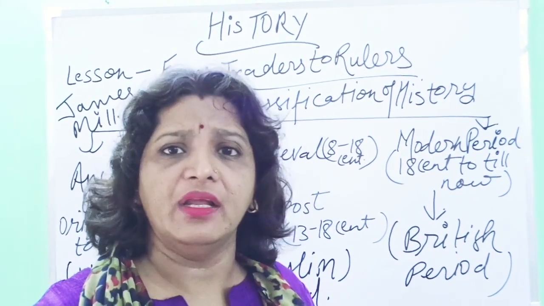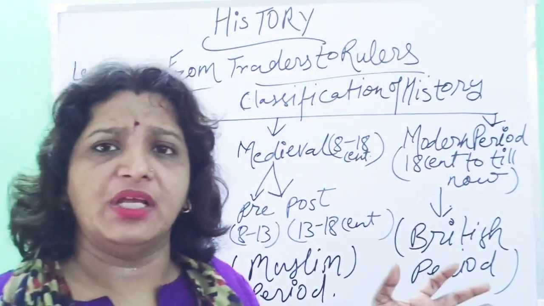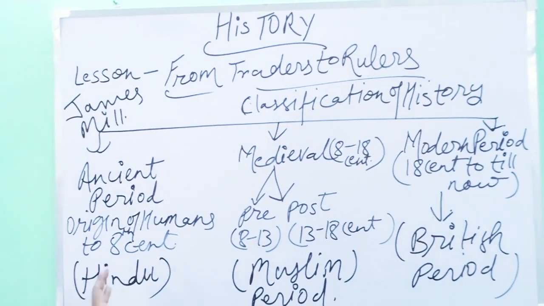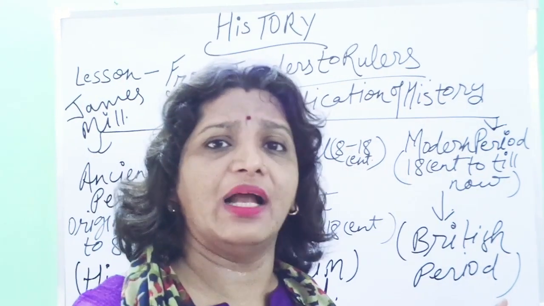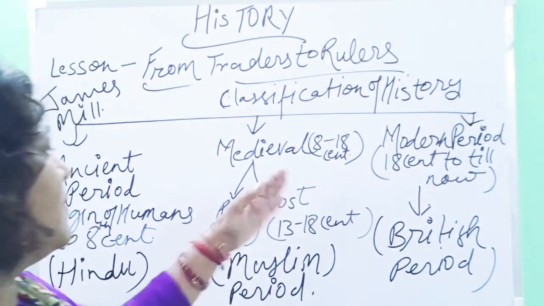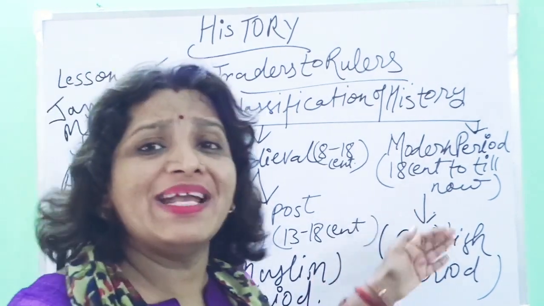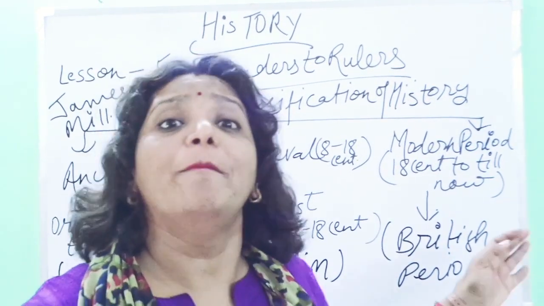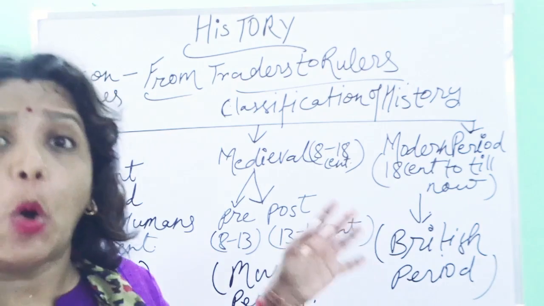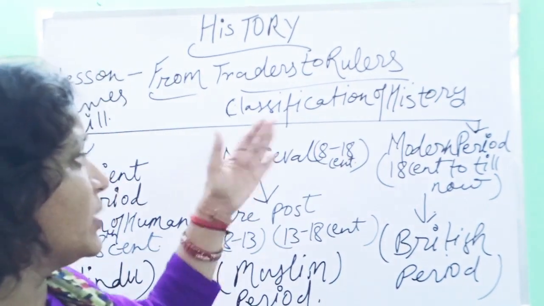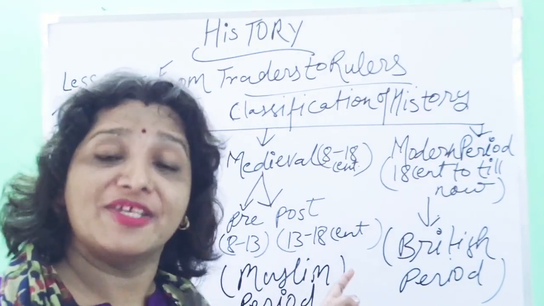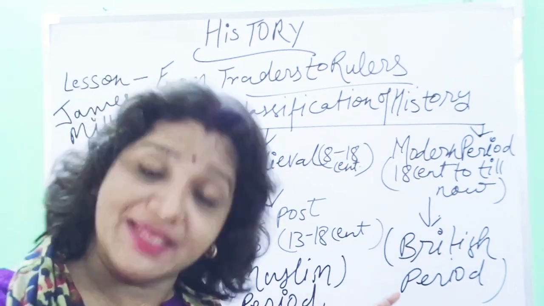So according to James Mill, a very famous political thinker and writer, who mentioned it in his book in 1817, when we classify Indian history we classify it into 3 categories, and the ancient period, according to him, was known as the Hindu period. I will tell you later, in my next online class, why he said that the ancient period was the Hindu period, why the medieval period was the Muslim period, and why the modern period was the British period. In my next SST online class, I will give you the whole details and explanation of why James Mill classified Indian history in these 3 categories. What were the reasons behind it?